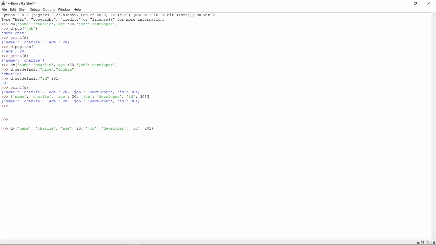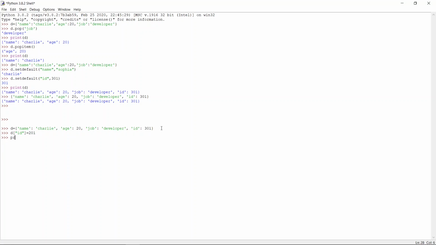Okay, before we jump into the next exercise, a dictionary cannot collect any duplicate keys. Like, I want to add id here. I'm adding id 201.